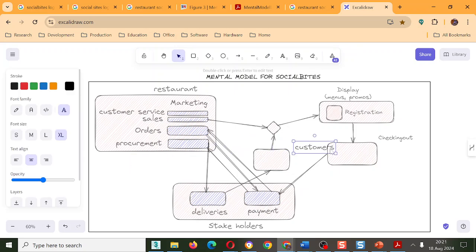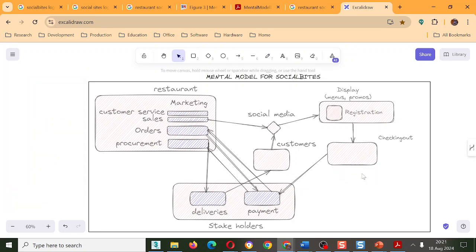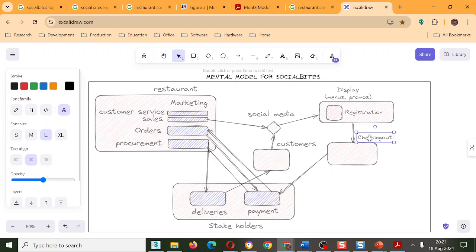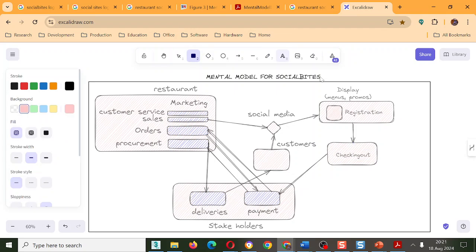It shows the different boxes that you're talking about, the entities, the clients. Well, in this case, the restaurants, the customers, the actors, like social media becomes an actor. So let's just write here social media. And this one we're saying is for checking out. Yeah, it's checking out. I've got it here. So this is the website. So let me put here website.